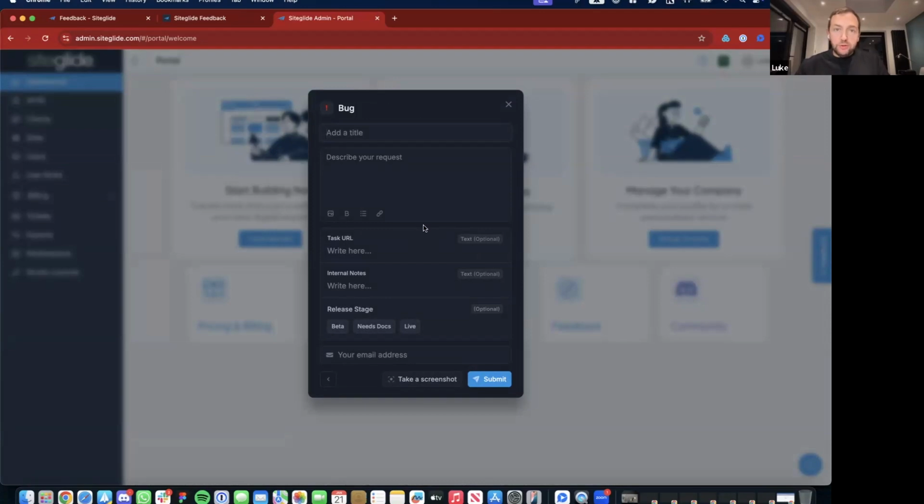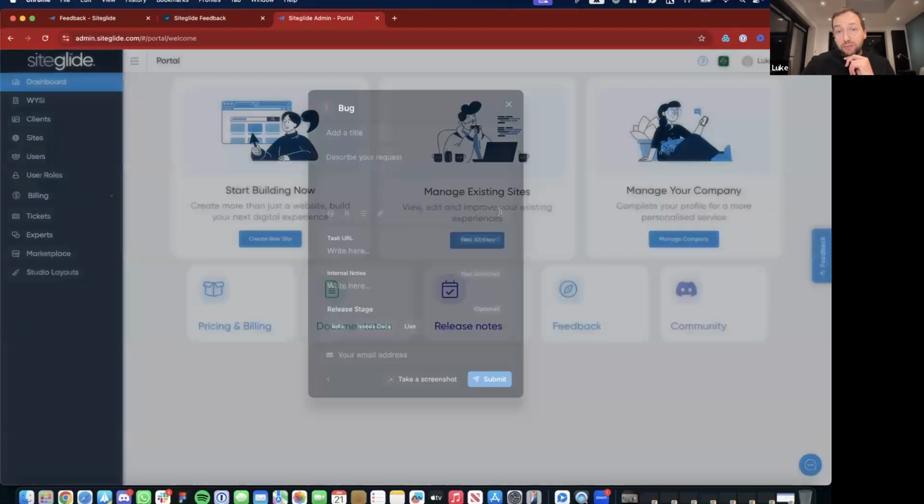We don't want to take away from you using Discord if you'd rather for bugs or issues, and the same with tickets and live chat, because we want that more immediate response. But as we go, it will be better to submit it as a real bug, because then we can handle priority and other people can comment. You can always copy the URL of the item and stick it in Discord and discuss it. That's something we'll all evolve and learn as we use it and find the best ways of getting the most out of it. Feel free to give it a spin